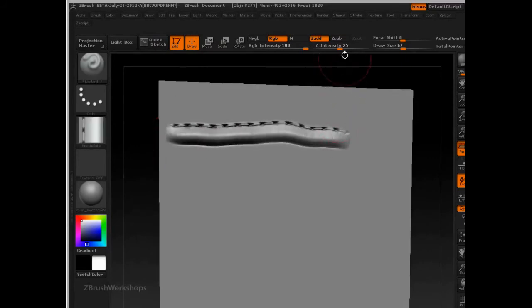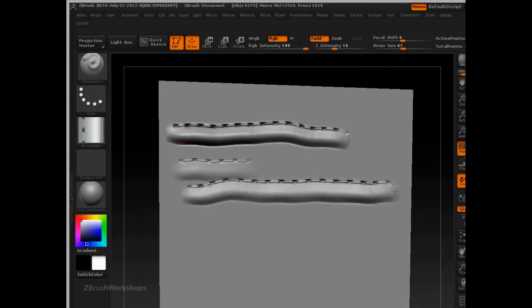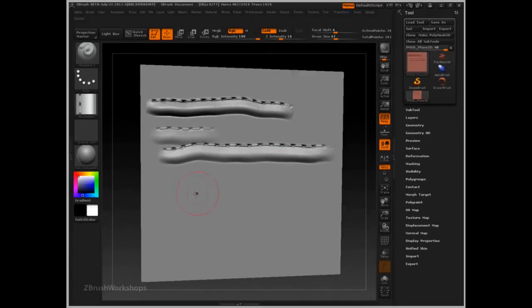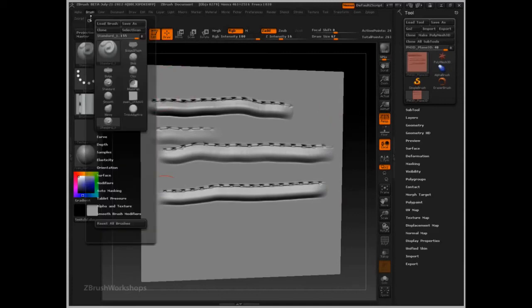And let's make sure to adjust our Z intensity so that we're getting the results that we want. We could add lazy mouse so that we can create a cleaner stroke if we wanted to. And then all we have to do is just save this brush. So we go into the brush palette, choose Save As,